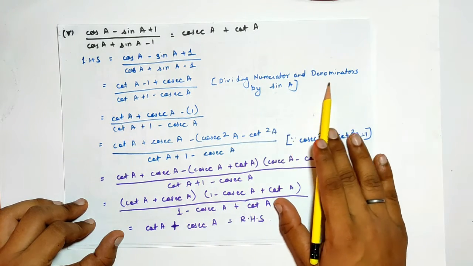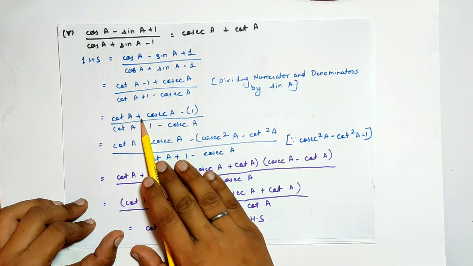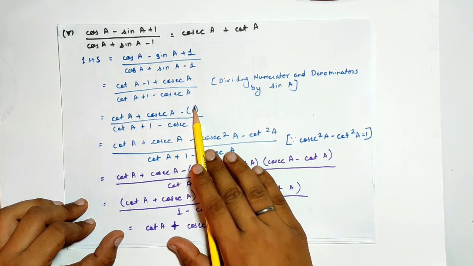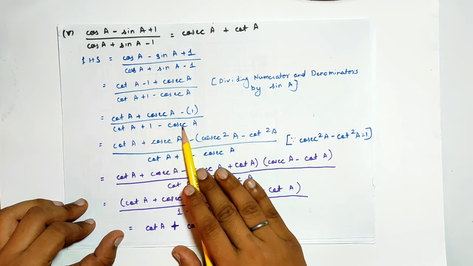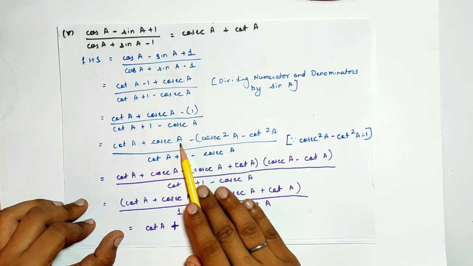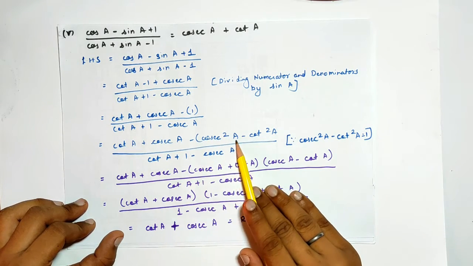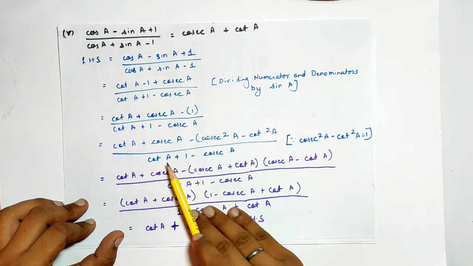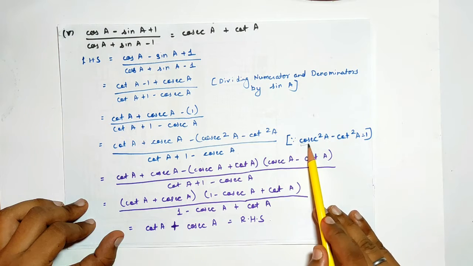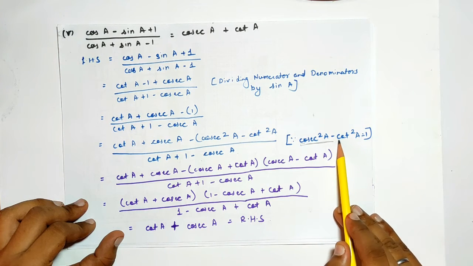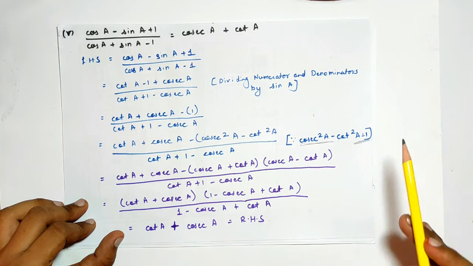Writing 1 as cosec square a minus cot square a, because cosec square a minus cot square a is equal to 1,